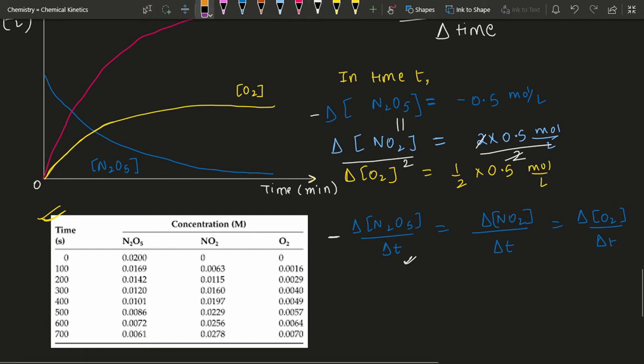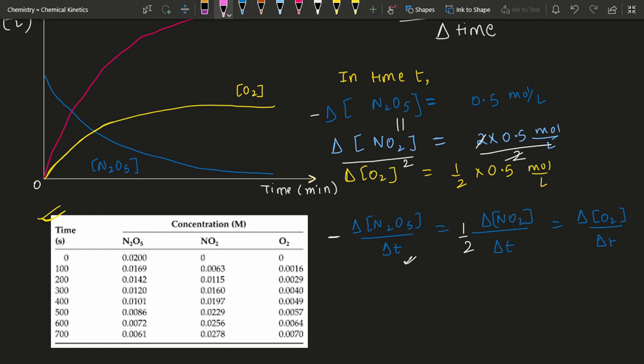These two equations are actually equal. Because 1 mole of N2O5 produces 2 moles of NO2, the rate of formation of NO2 should be one half of the rate of decomposition of N2O5. And similarly,